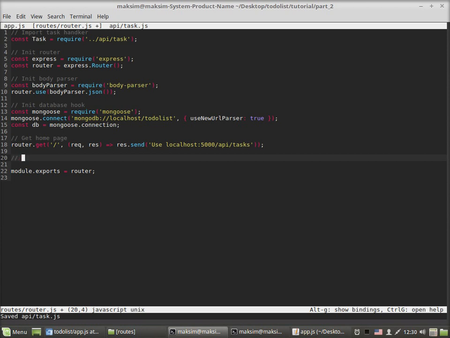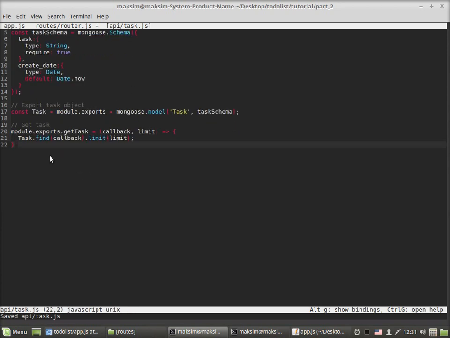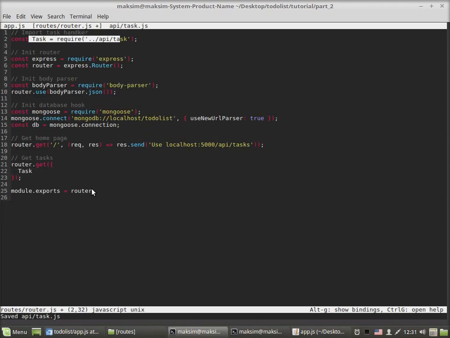Okay, so we want here get tasks, so we create another route here, router.get, and now we just ask our task object, and please know that we have already imported this task object that also contains the methods that were described over here. So task object already contains the method get task, so please bear this in mind. Okay, now we want task actually get task,